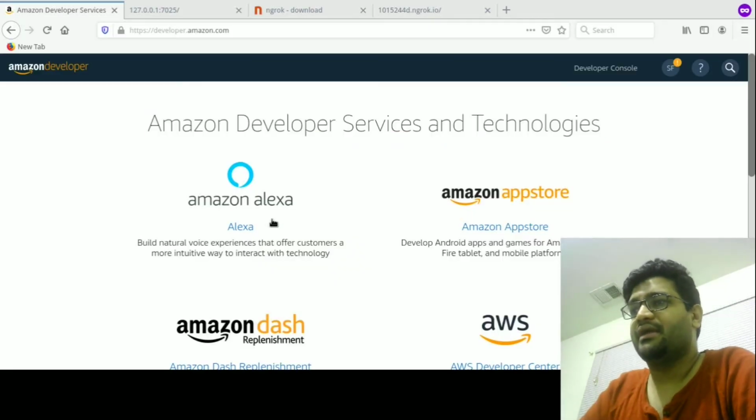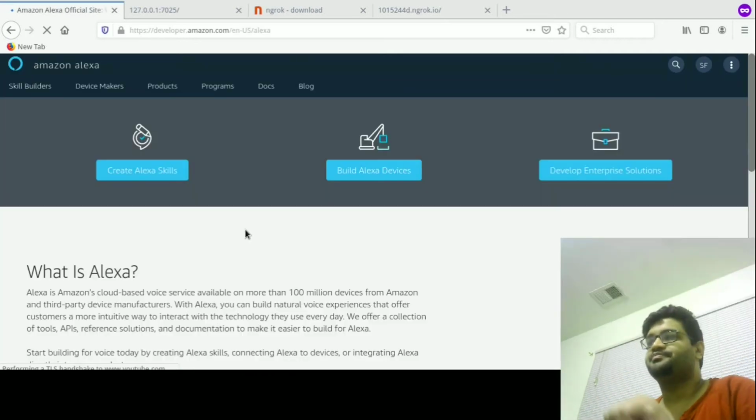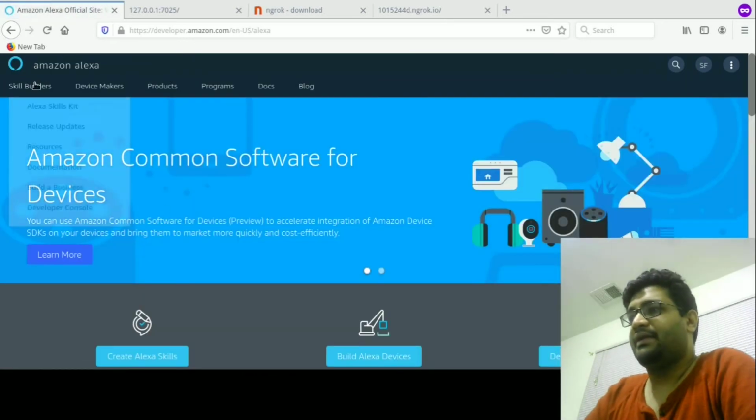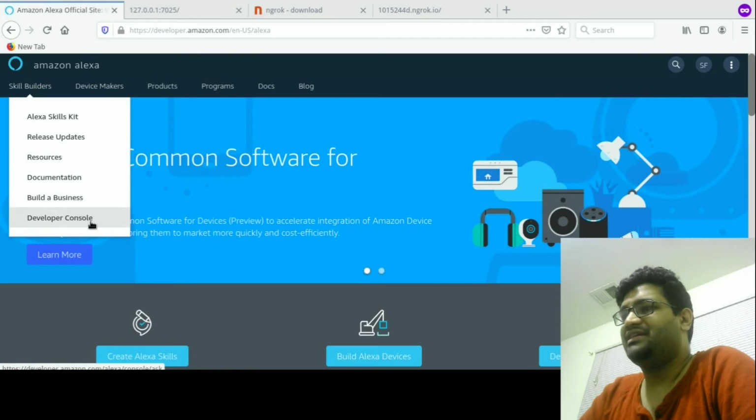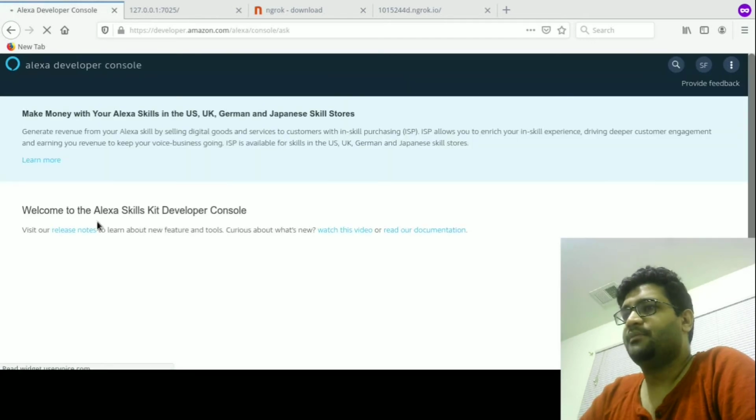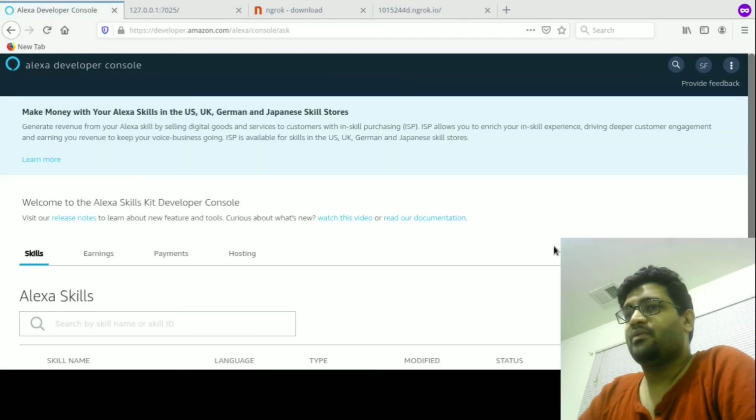We go under Alexa, Amazon Developer Services and Technologies, and at this stage we want to press Alexa, and under Skill Builders go under Developer Console, and we want to create a skill, create skill,